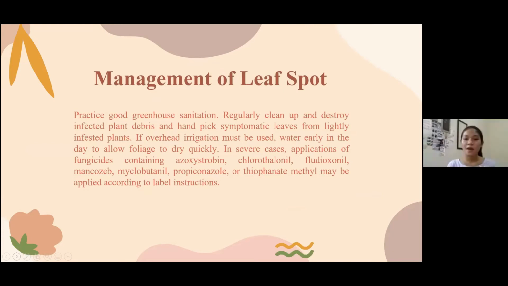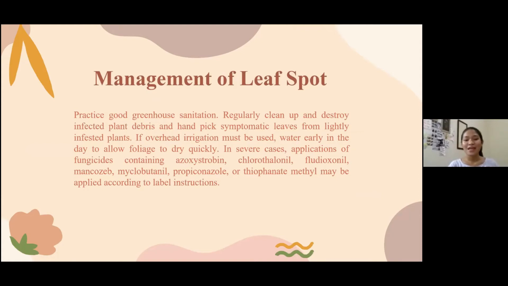And then management of leaf spot. The first thing we can do is make sure that our greenhouse has good sanitation and then regularly clean up and destroy invasive plant debris and handpick symptomatic leaves from likely invasive plants. And if overhead irrigation must be used, we must water early in the day to allow foliage to dry quickly. In severe cases,